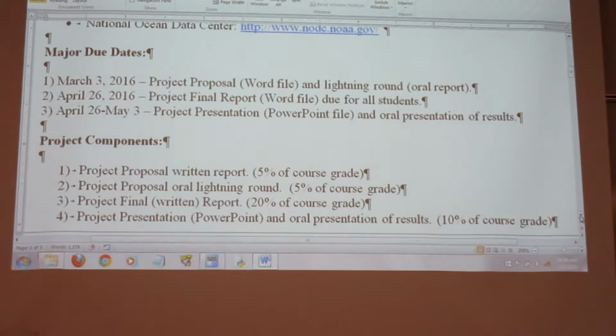But if you've noticed, the project requirements are up on Blackboard right now, posted on one of the first days of class, because I want to bring your attention to the fact that on the 3rd, your proposal is due. And then there's going to be a little oral report in class. So that's coming up quite quick, and you need to put that on your schedule of things to do.